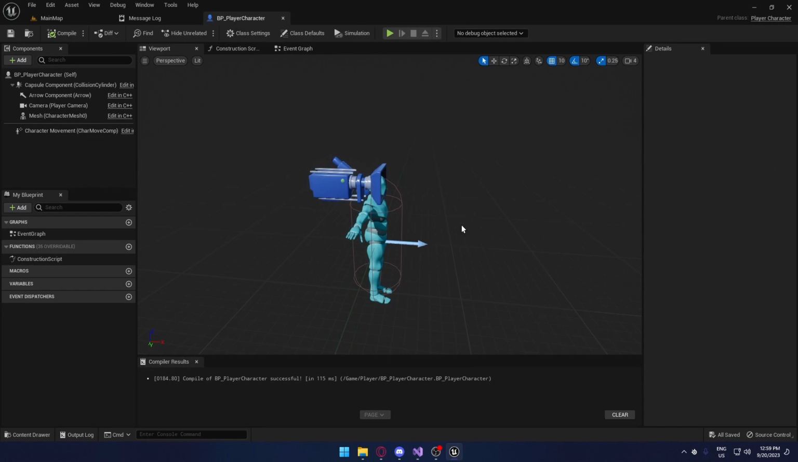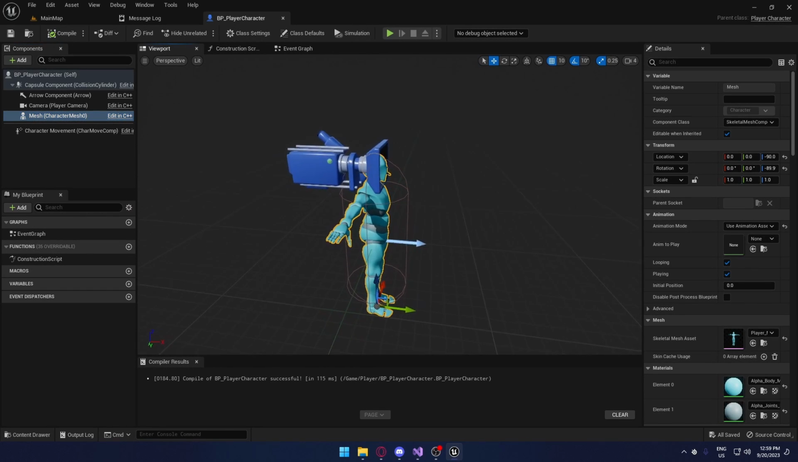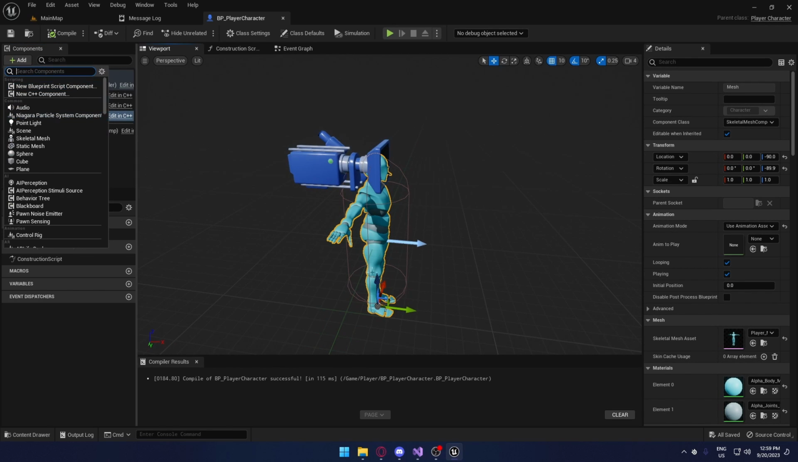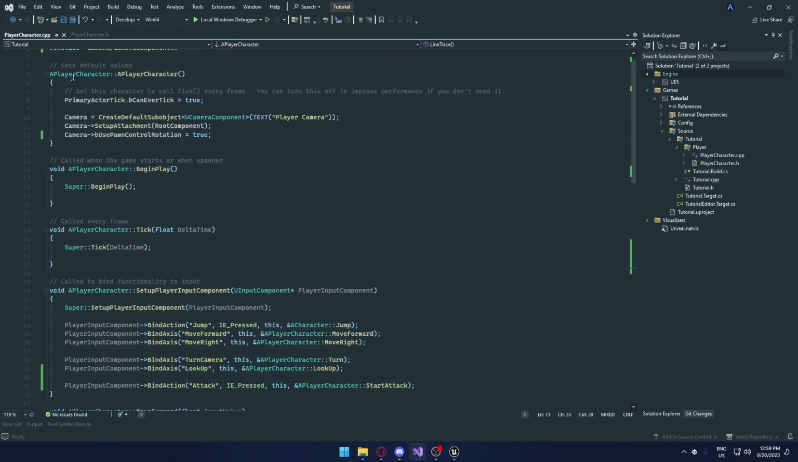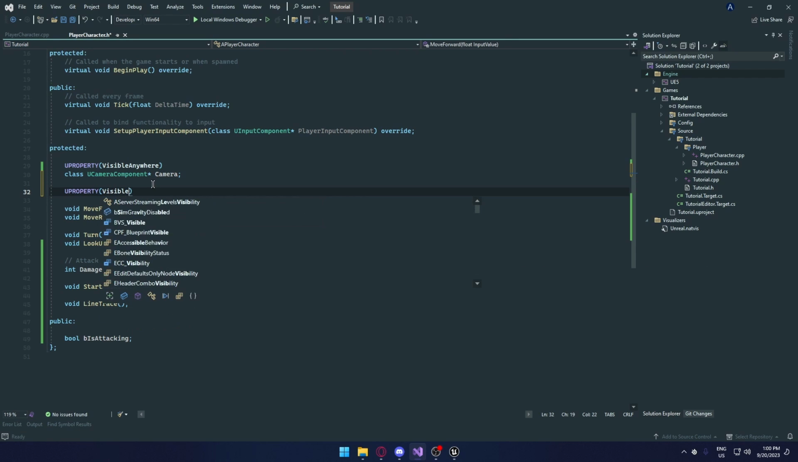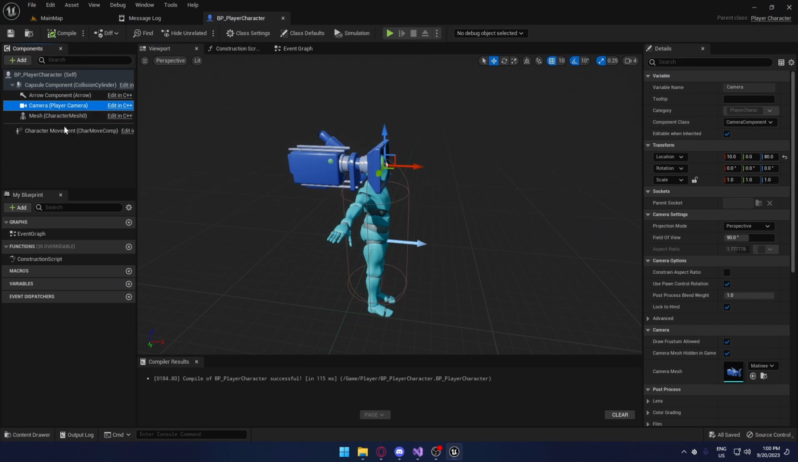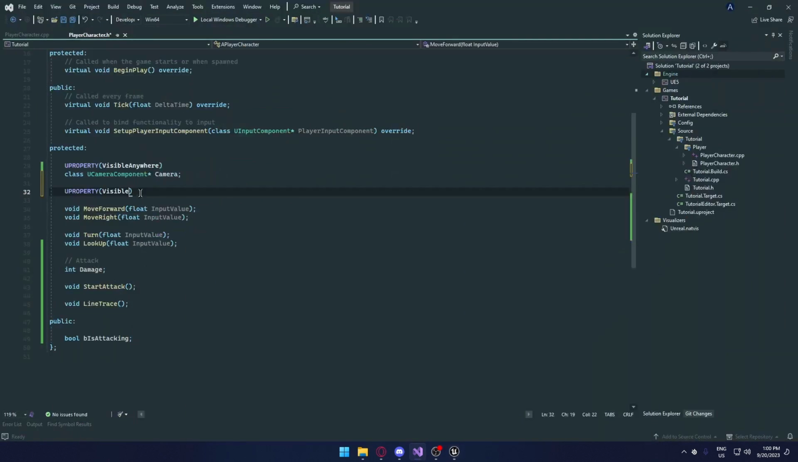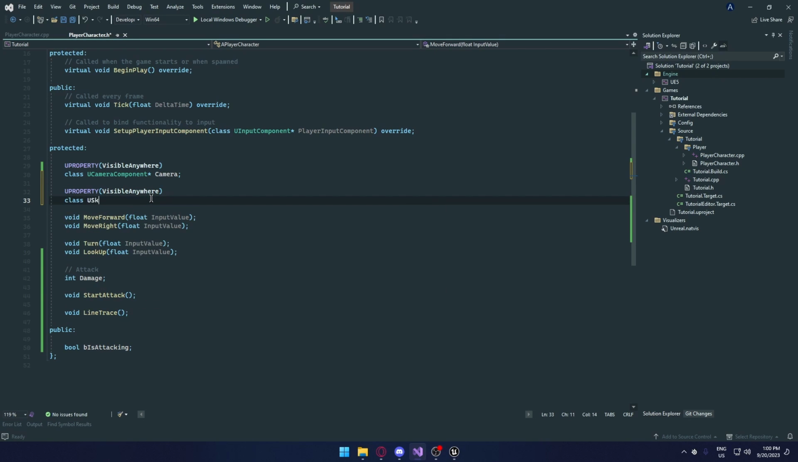So you can close all this, and now underneath mesh, we're going to create a sword mesh. We could add it up here, but we're going to code it in ourselves. So to do this, view property, and in the last tutorial I did edit anywhere for the camera. The visible anywhere also works if it's a component, as you can see. So visible anywhere, class use static mesh component